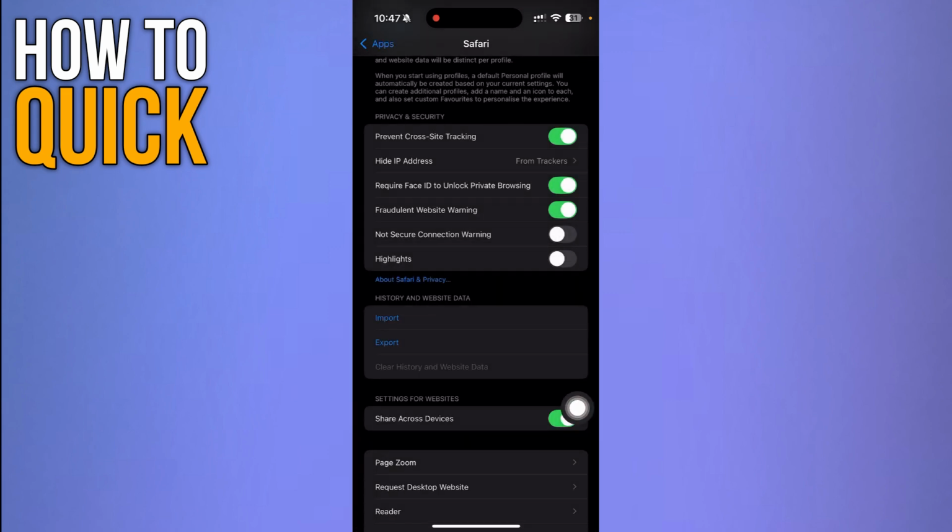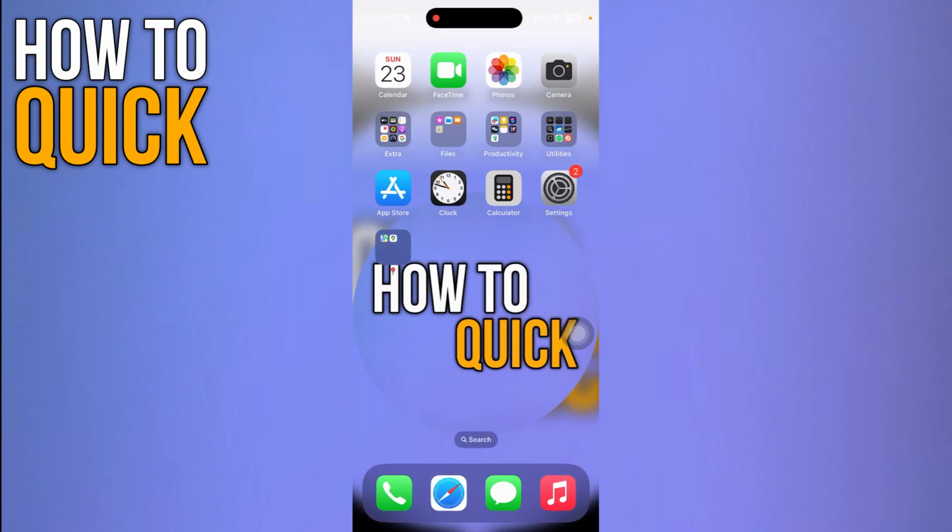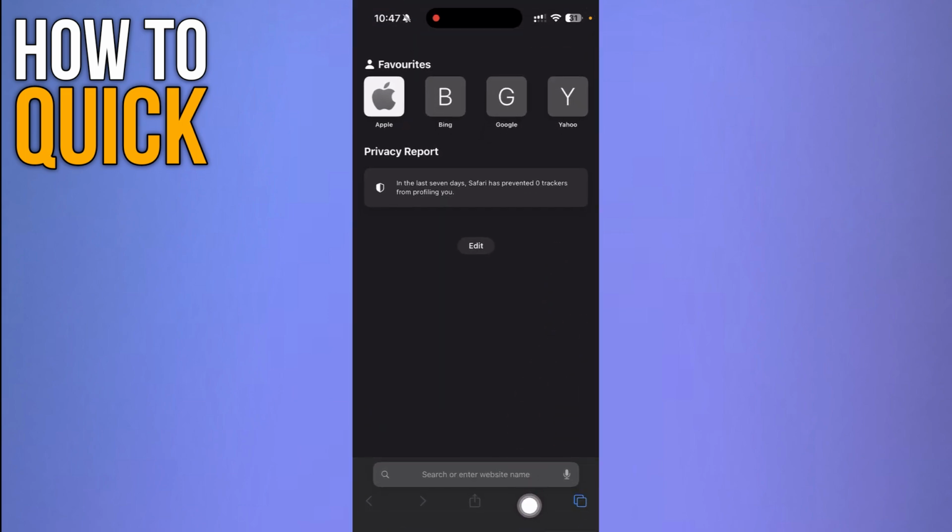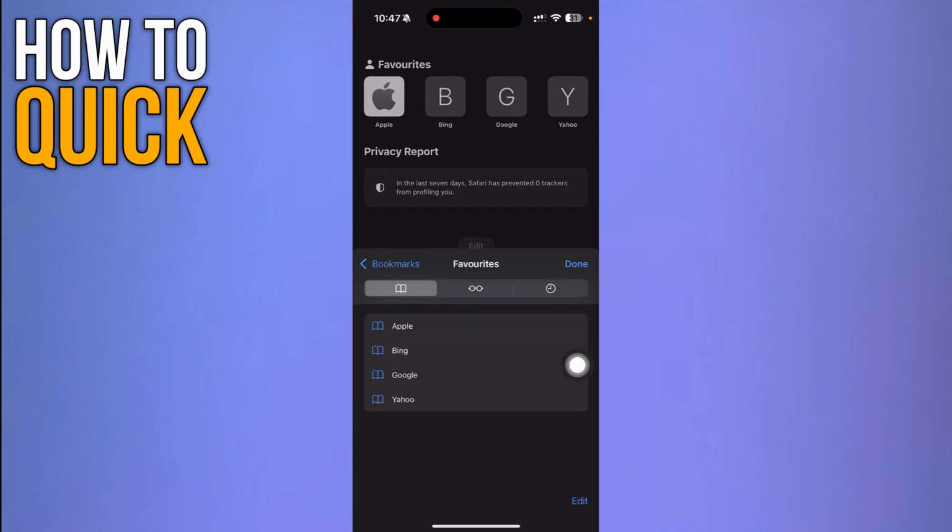Now once you do so, it's going to clear all the history, and if it still doesn't delete the bookmarks, you can do that manually by going to your Safari app, and then you have to click this bookmark icon over here, and then you have to click bookmarks over here, and then you have to choose the bookmark manually